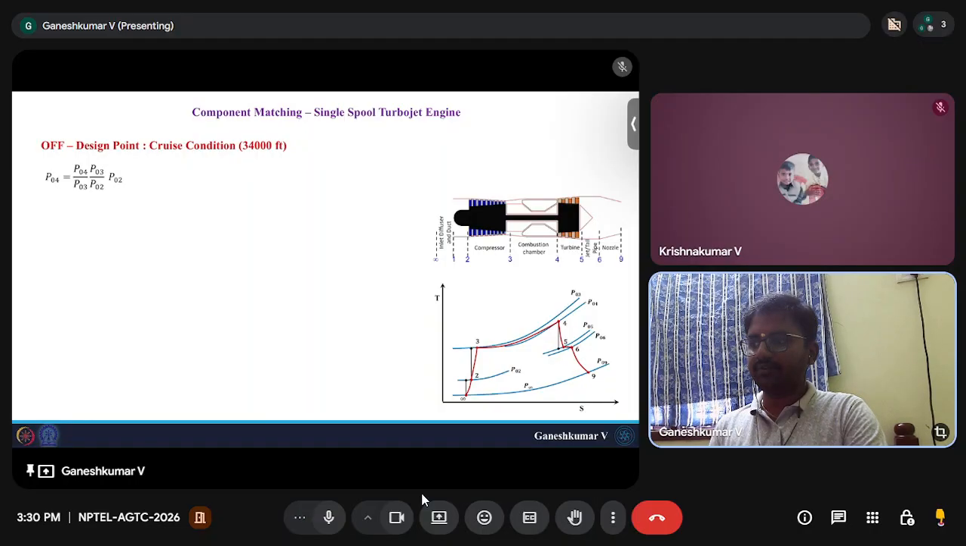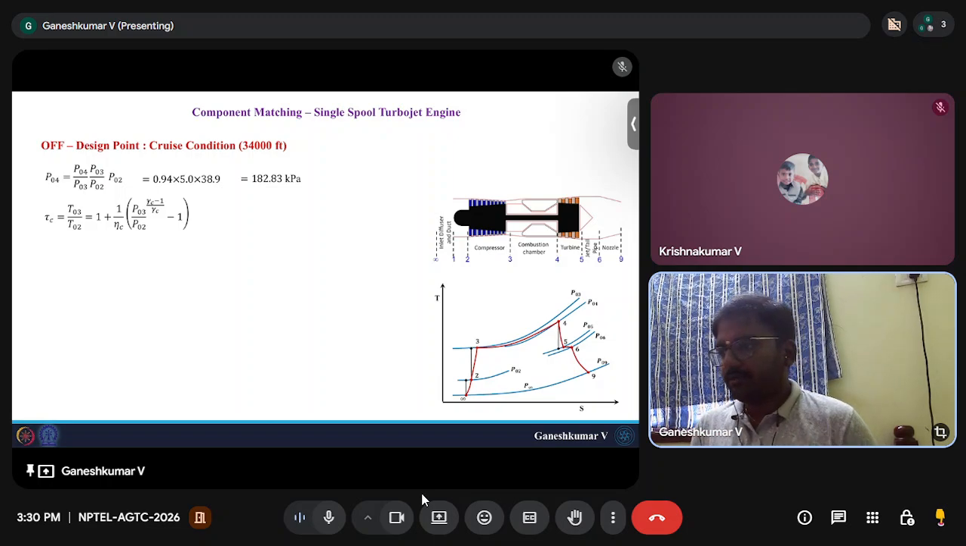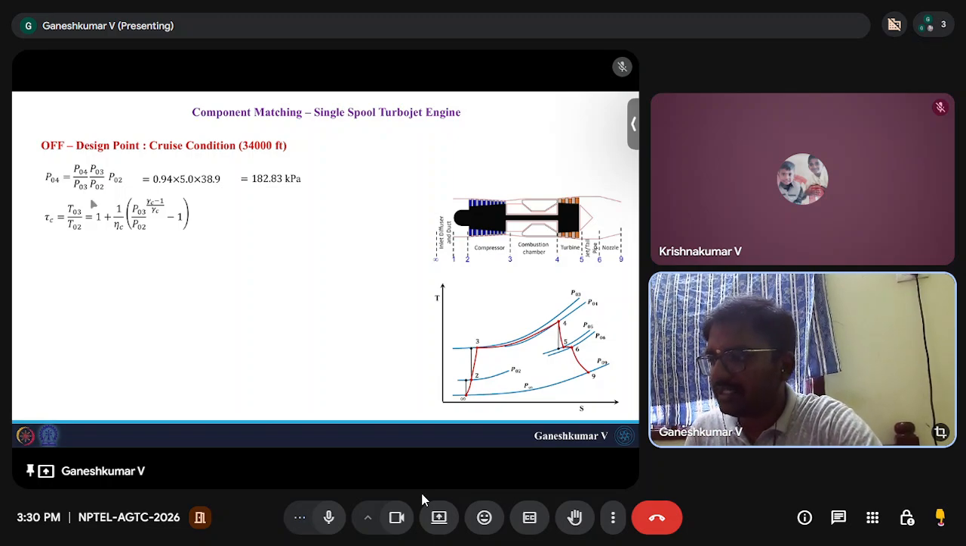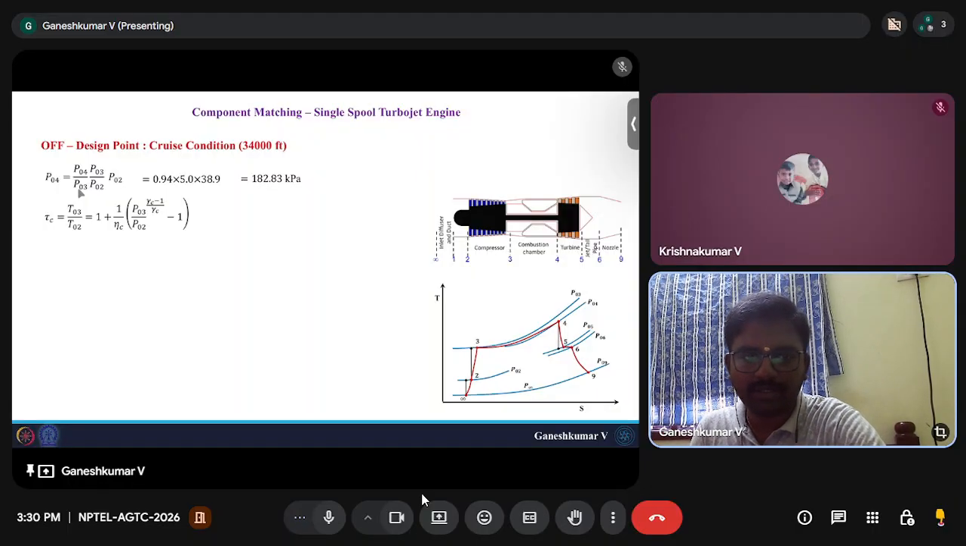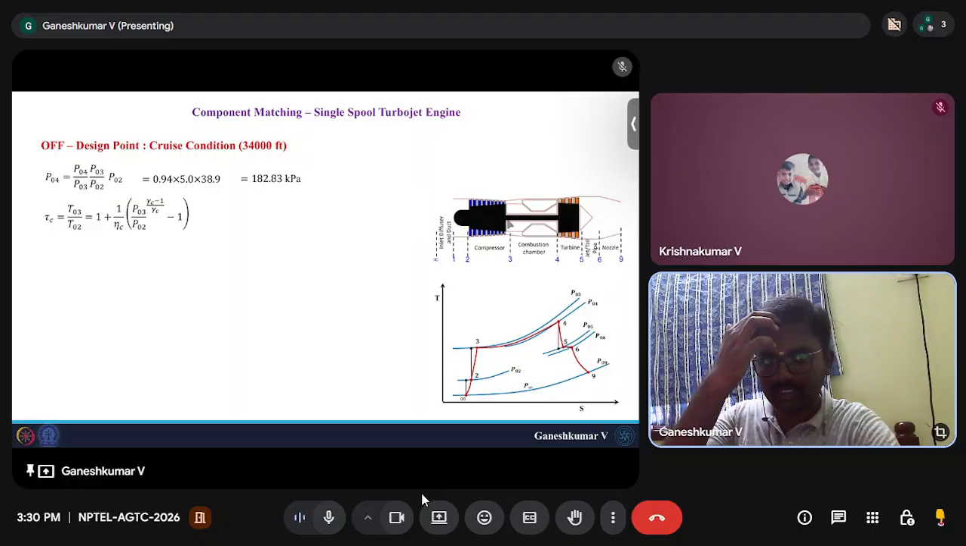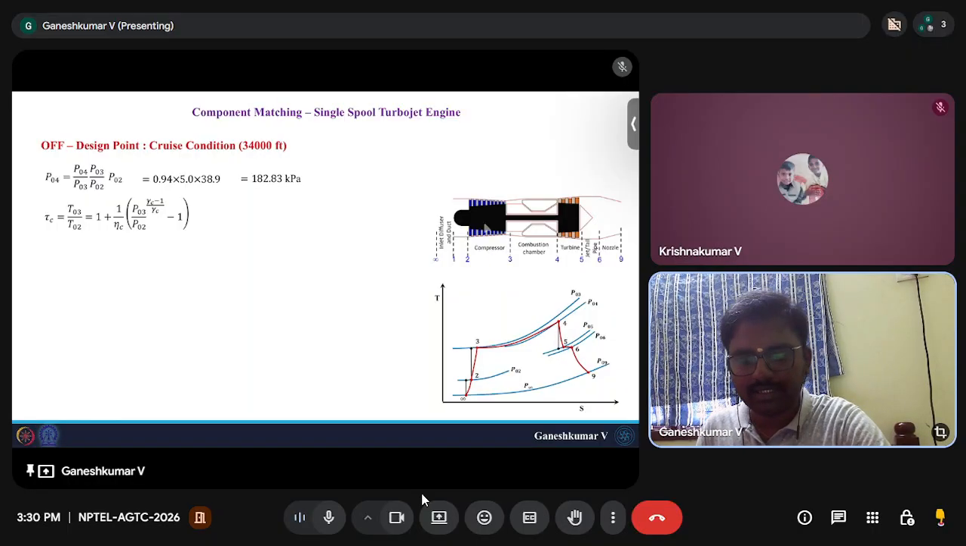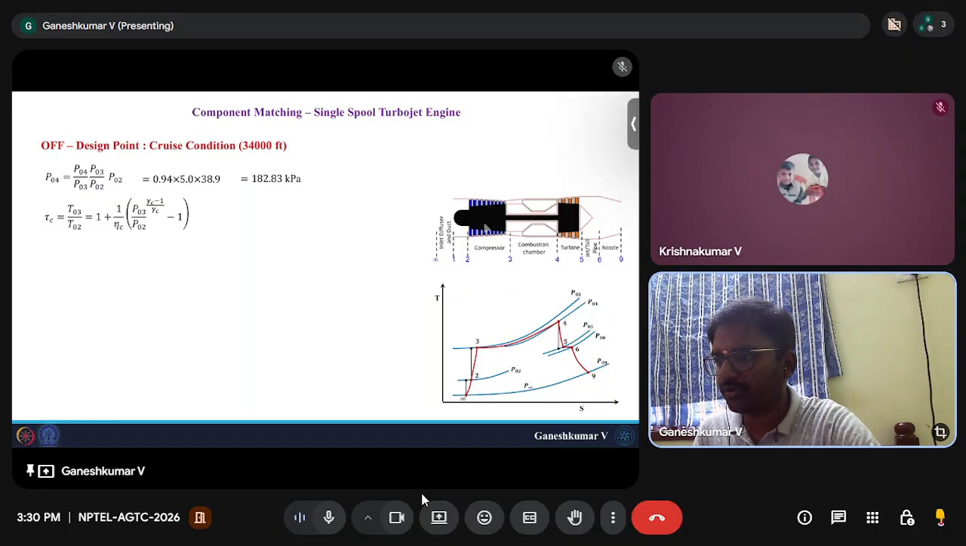Once you find this, we can find P04, which is the pressure at the exit of the combustion chamber, which is around 182.83 kilopascal. Because we know everything already, P04 by P03 is the pressure loss, which is 6% in the combustion chamber. So you can substitute all these values, and it will give you 182.83 kilopascal. The other one you need to find is the temperature ratio across the compressor, because that is going to tell what is the amount of fuel that I need to add in the combustion chamber. So that tau C is going to be around